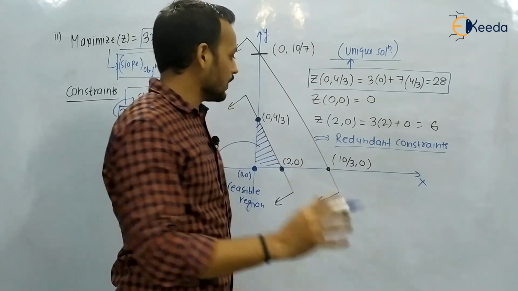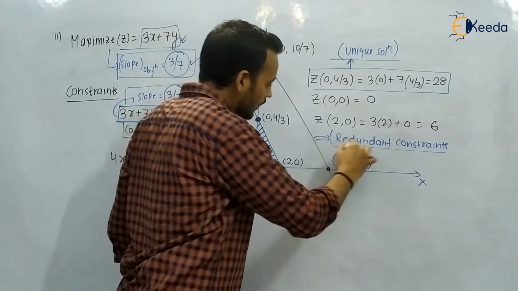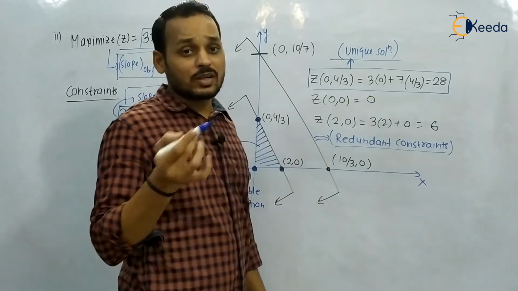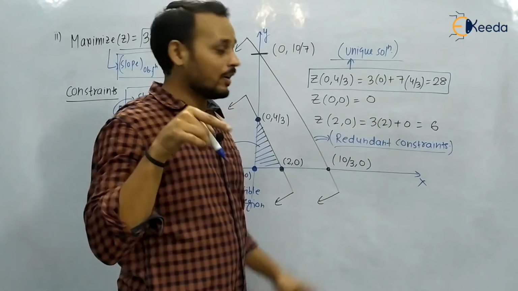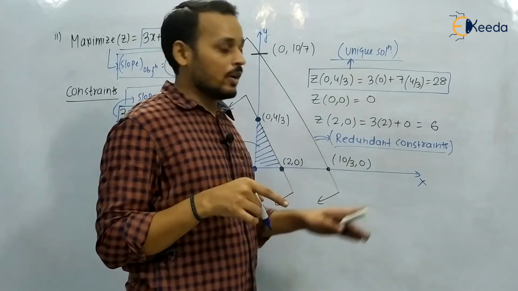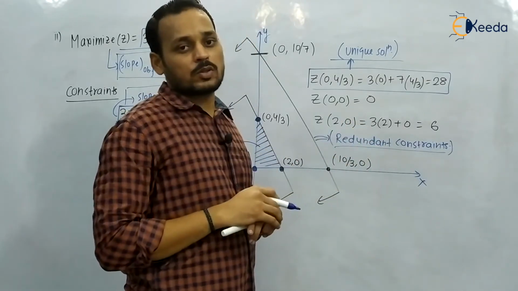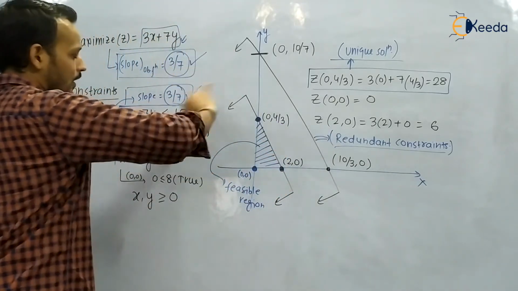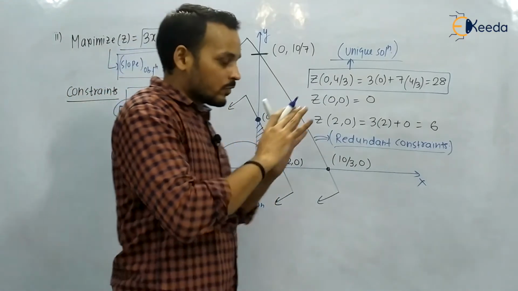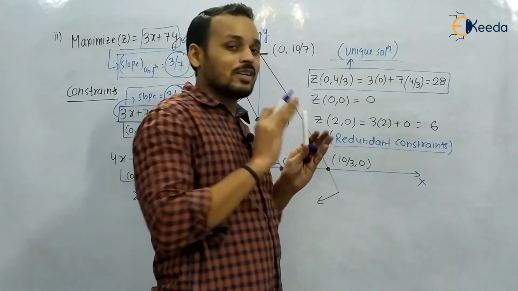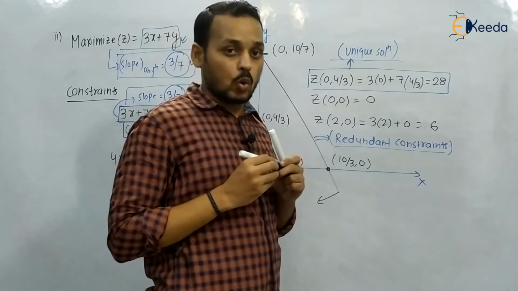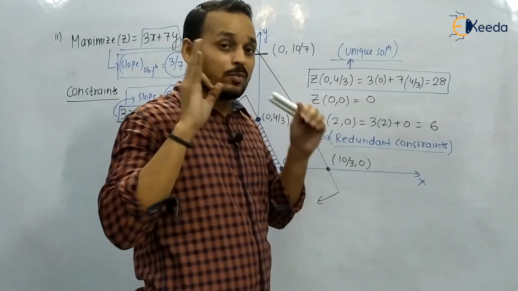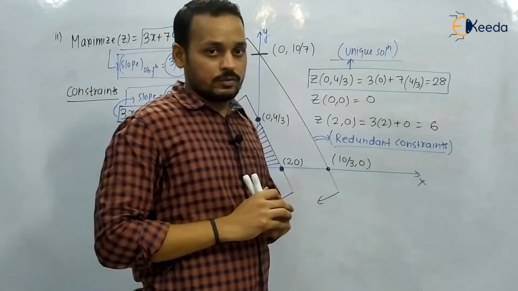So you have to check whether the constraint is redundant or non-redundant. If the constraint is redundant and the slope is equal, then it is not a multiple optimal solution. Just check it by drawing the graph. Do not tick the answer directly. Okay, so we will now conclude our discussion in a nutshell by writing some important notes, and just keep those notes in your mind.